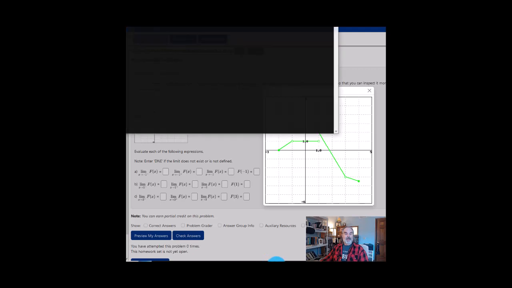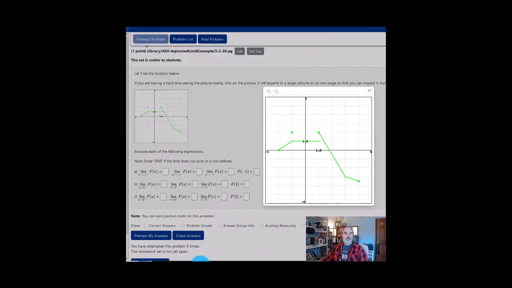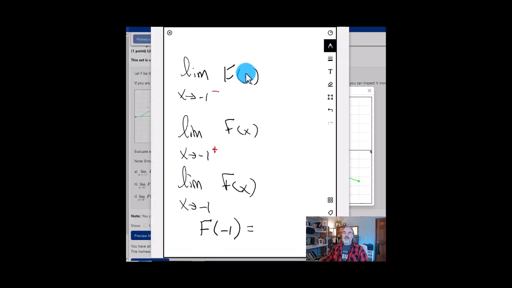So with my bad handwriting, I've put up here some of the values that are requested, and I've emphasized the fact that when we are looking for the limit of f of x as x approaches -1, there's a little bit of an extra bit, -1 with a minus sign up there in the corner,